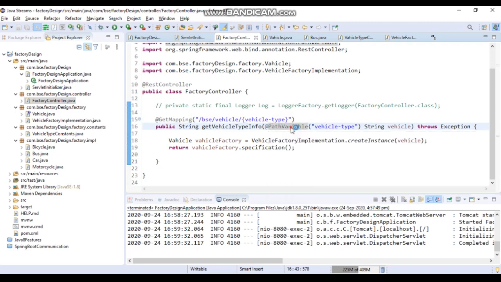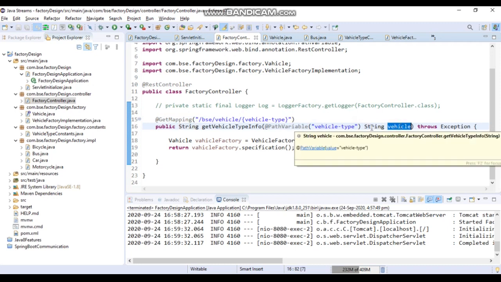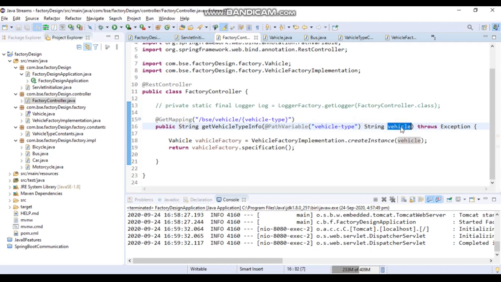Path variable means whatever variable we get from the URL, we can use that variable using PathVariable. So we use @PathVariable like this, followed by the variable type. Then we can assign this variable to any variable; here we are using a string, so we are assigning it to a string. We can also get an object or anything, so we can assign it to particular objects of that type.